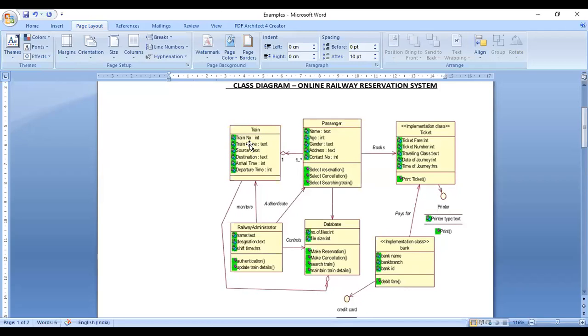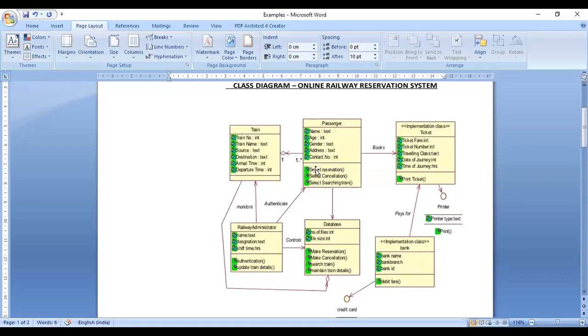Take a single module, the passenger module. What are the attributes in this passenger module? Name, age, gender, address, and contact number.